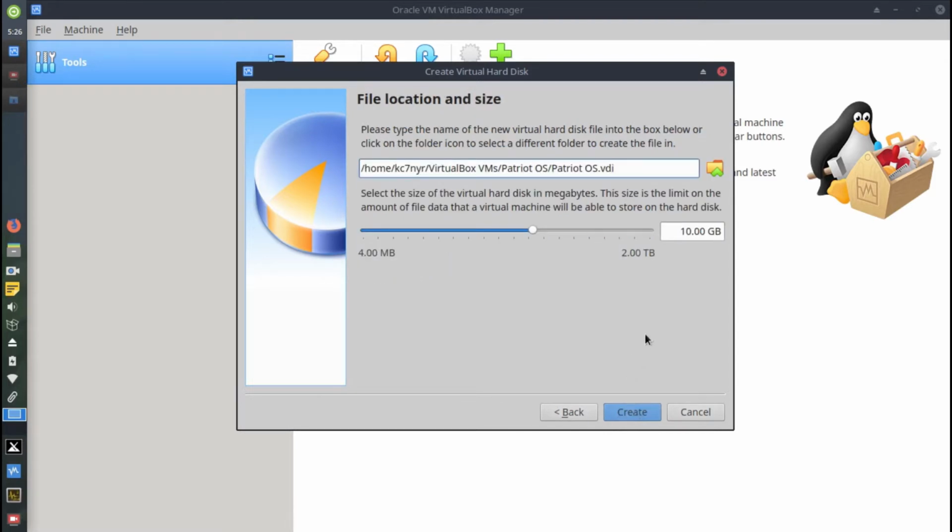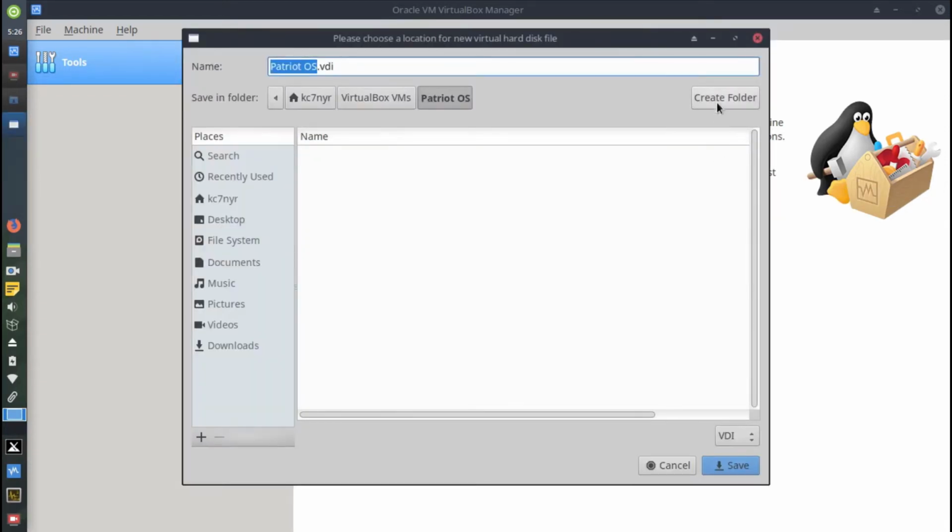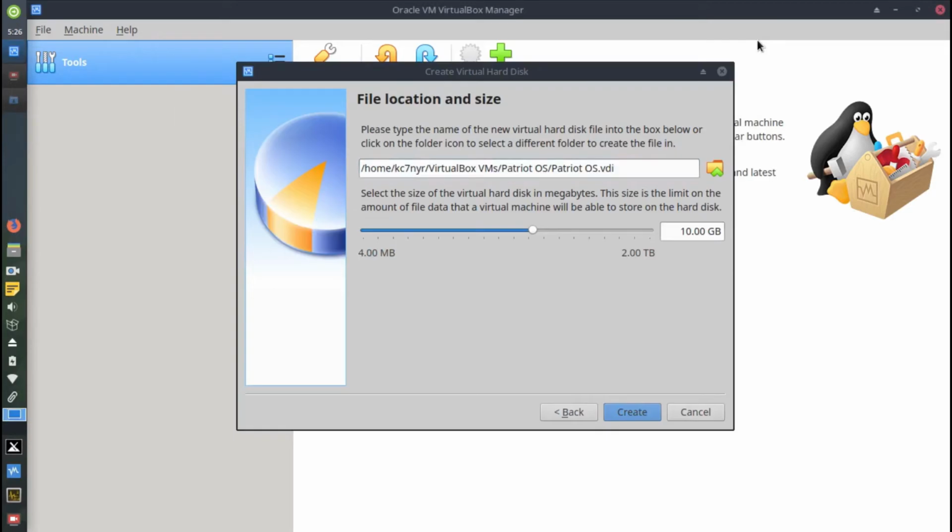Okay, now file size and location. This is where you have an opportunity to change the location of your file. You just click here on this folder, and it'll open up where you can rename and store it in any other place. I leave this at the default setting. Okay, this is the size in gigabytes. Well, we'll go ahead and take it up to 20, sometimes 40, but I kind of like mine between 20 to 30. It depends really on what I'm trying to accomplish. Now this is a little larger install, so we'll go ahead and leave it at 30, 31. That's fine. Hit create,